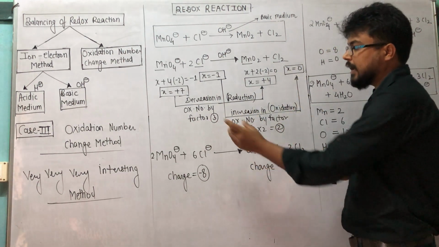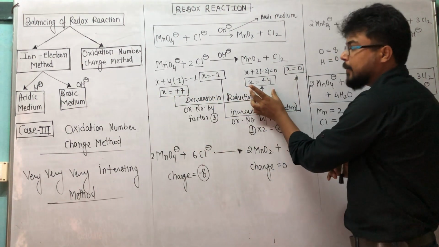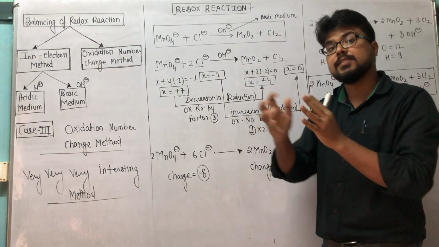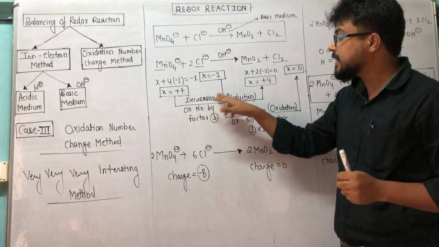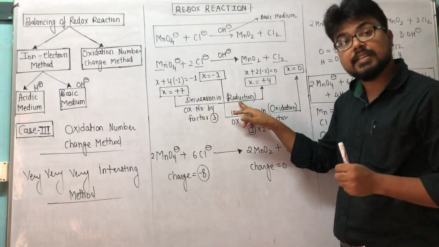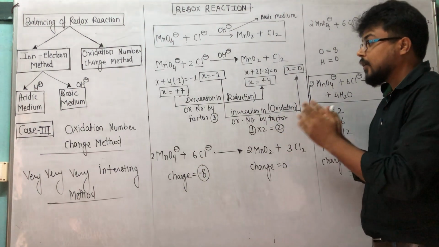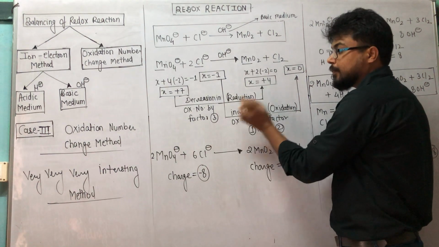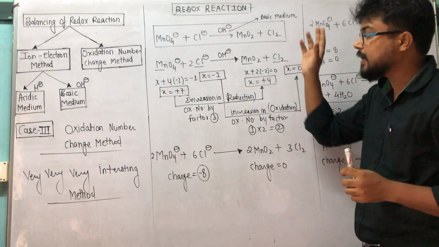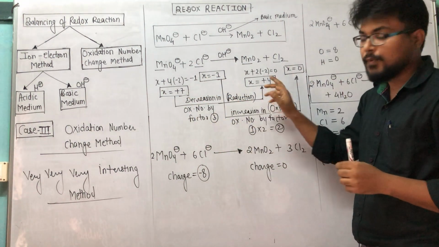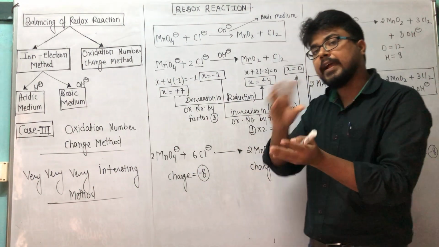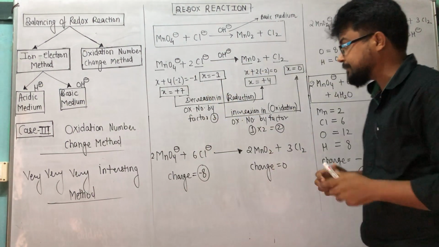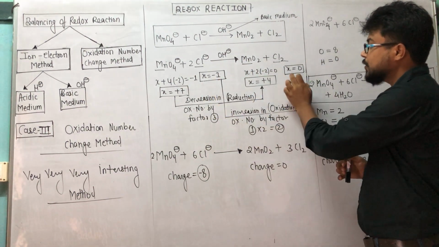So now check here, MnO4 to MnO2, it is +7 to +4. Means here a decrease in ox number is taking place, and decrease in ox number is known as reduction, correct? The factor or number by which ox number decreases is 7 to 4, so the factor is 3. We subtract 7 minus 4 to get the value of the factor by which its ox number is decreasing. See here, -1 to 0.